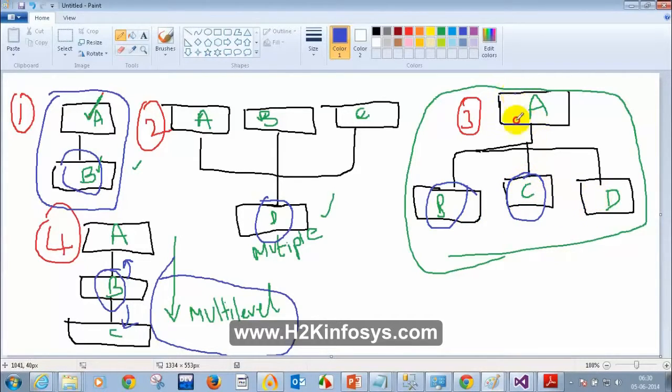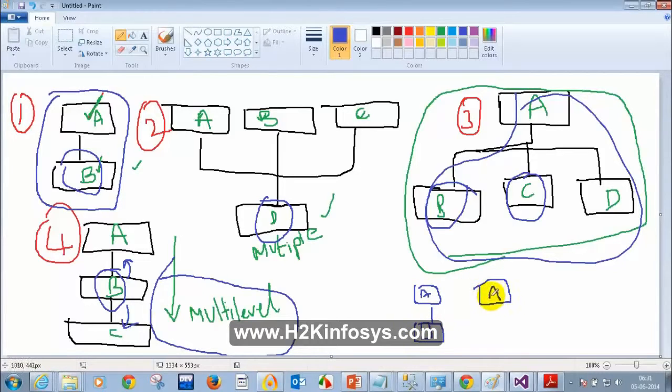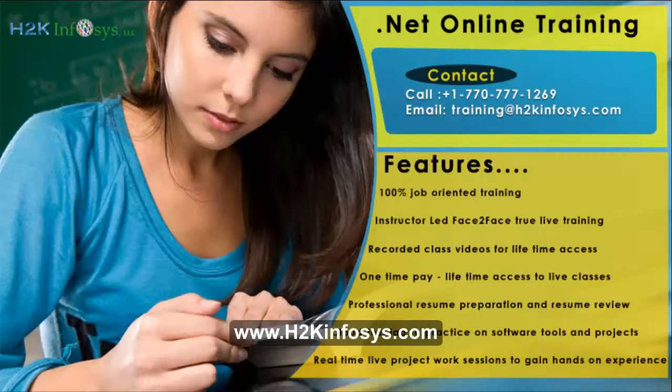So can you write this pictorially? Can you write like this: A here, and here B, and you can write A here, and you can write this as C, and you can write here